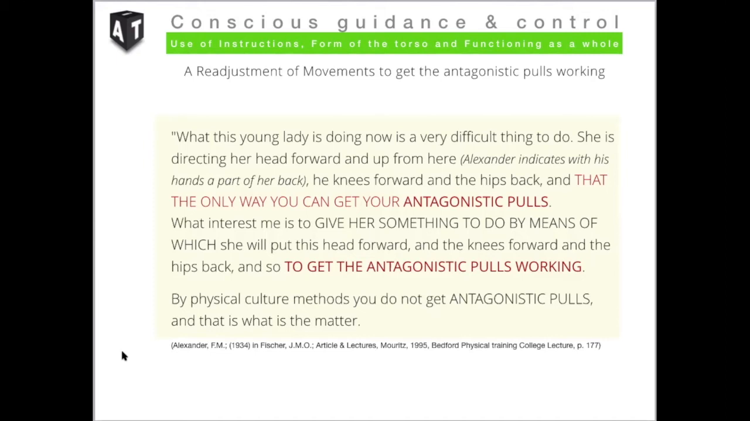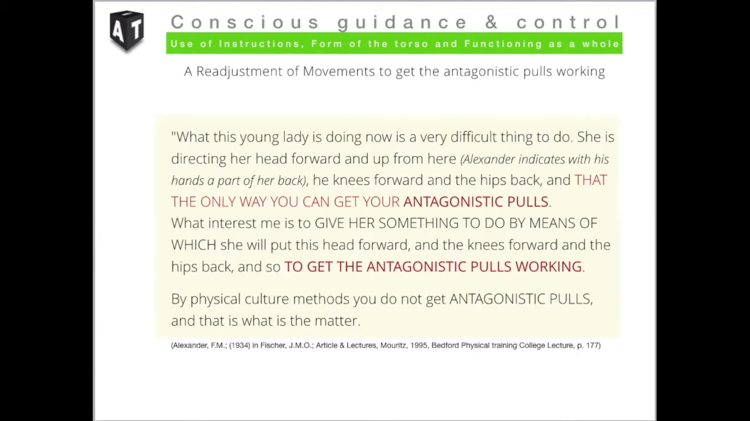What interests me is to give her something to do by means of which she will put this head forward and the knees forward and the hips back. And so to get the antagonistic pulls working. By physical culture method, you do not get antagonistic pulls. And that is what is the matter. That is what is the matter. Antagonistic pulls. So I started to, well,